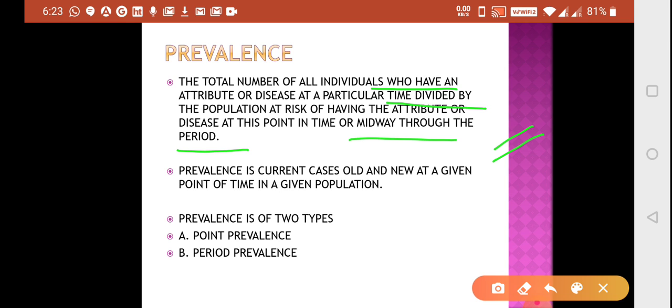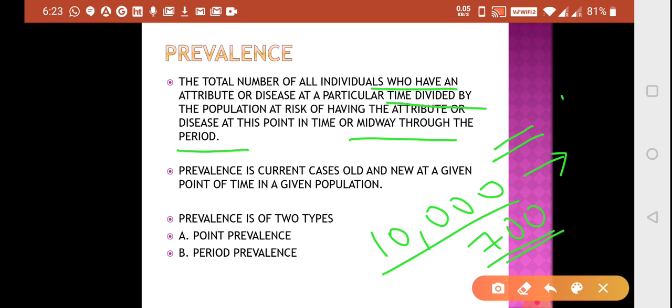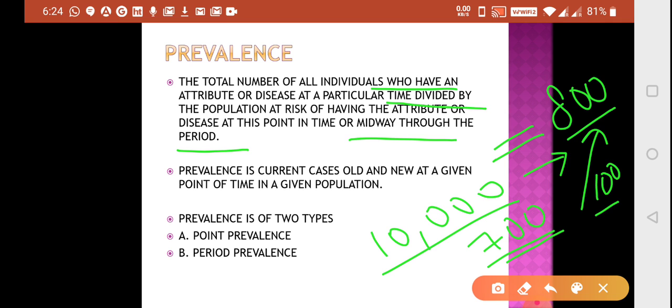If at this point of time the population of the complete village is, say for example, 10,000, and in the complete village you found that 700 people were diabetic, so the prevalence will be 700. And when you go next month, you found that there were 800 people who were diabetic, so incidence was 100. So incidence is the number of new cases and prevalence is how prevalent the disease is there, how much is the prevalence. 700 people are diabetic, 700 are prevalent.